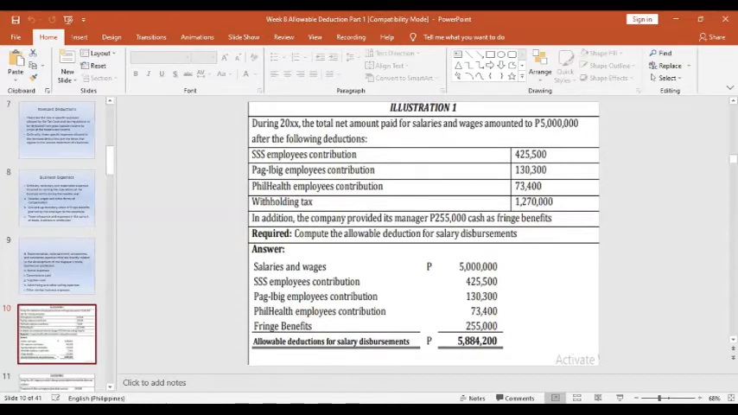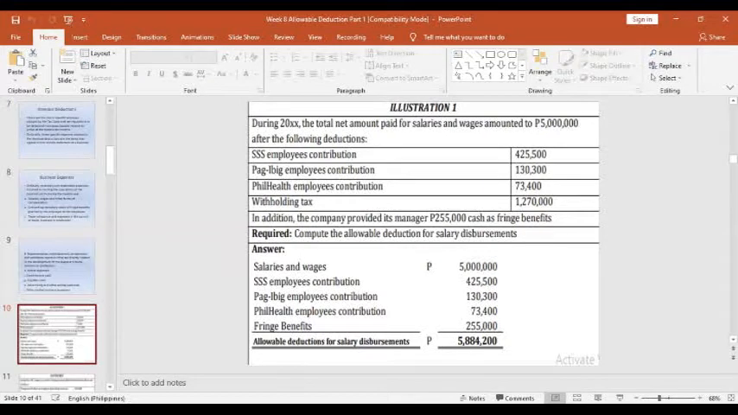So on the part of the company, these salaries and wages are the expense of the company as a payment for the service of their employees. Okay? Even the mandatory statutory benefits of the employees are part of the business expense, such as the SSS employees contribution 425,500, Pag-ibig employees contribution 130,300, PhilHealth employees contribution 73,400, and even the fringe benefit given to the employee